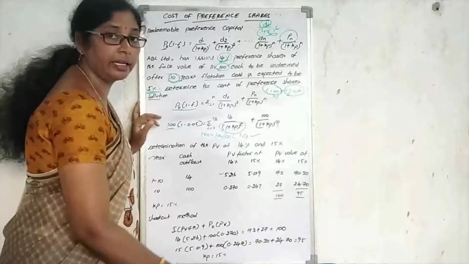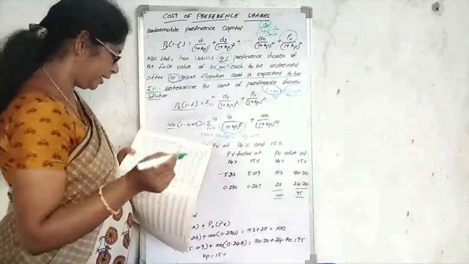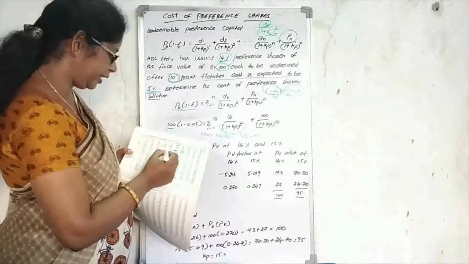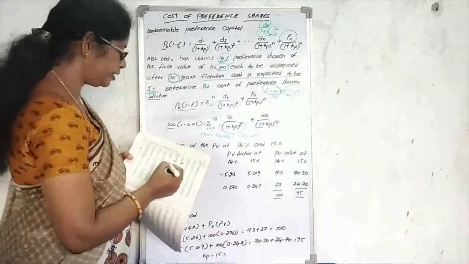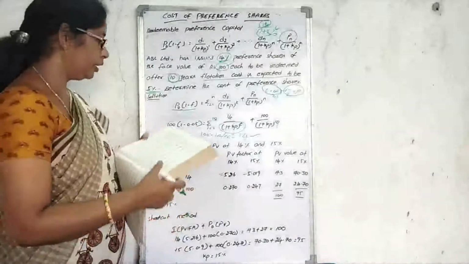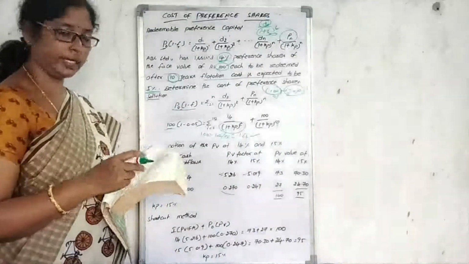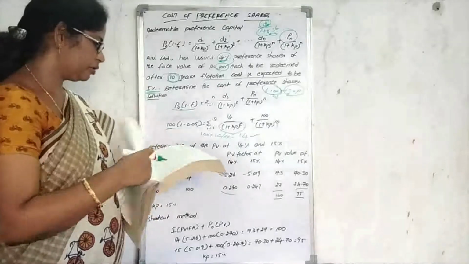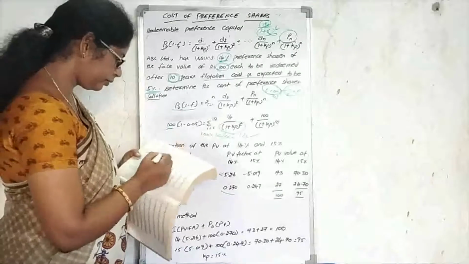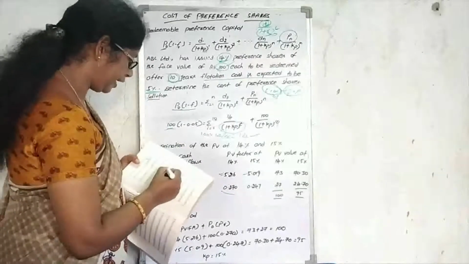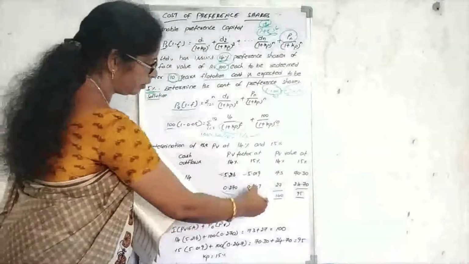So PV factor values we need to take. From where are we going to take them? From the table values. Here this is the present value of annuities for 14%: for the 10th year, 5.216. For 15%, 5.019. And here we need to consider the present values; we can calculate or take them from the table. For 14%, the value is 0.270. For 15%, the value is 0.247.